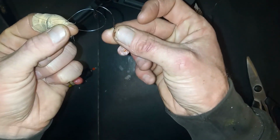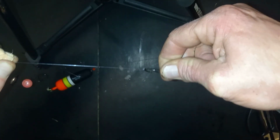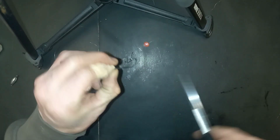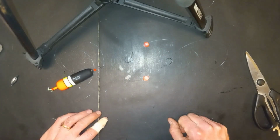We're going to leave this loop open, and we're just going to simply swoop our hook through our loop, and then cinch that knot down nice and tight. And then we're going to want to trim off that tag end, and we've got ourselves a double steelhead bead